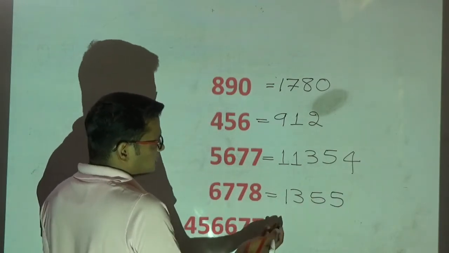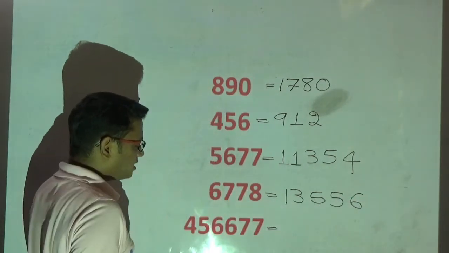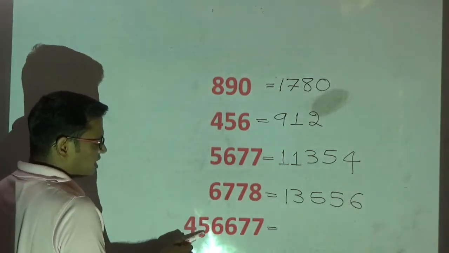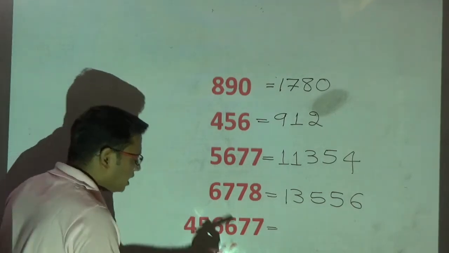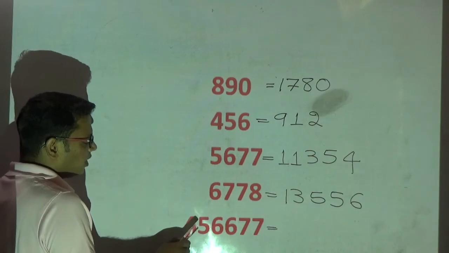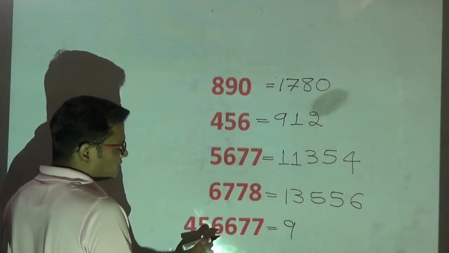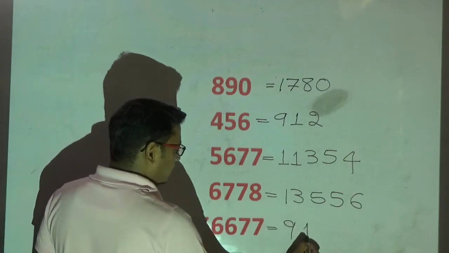Double of 8, 16. Write the end digit only. See how quickly I am doubling the numbers. Similarly here, 4 double is 8. Next number is equal to 5. Whenever it is equal to 5 or more than 5, add plus 1 to the answer. Double of 4, 8. 8 plus 1 is 9. Double of 5, 10. But next number is more than 5. 10 plus 1, 11. Write end digits only.